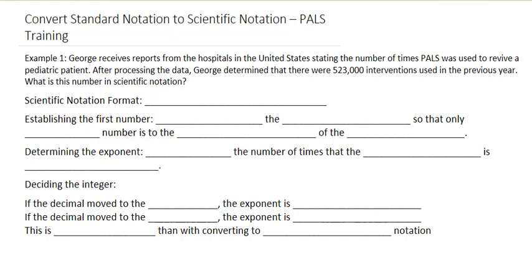So for the scientific notation format, it is a number times 10 raised to a number, which is represented as A. And to find the exponent, we must look at the standard notation and the location of the decimal. So for this scenario, our decimal point is after the last digit. Then, establishing the first number, we must move